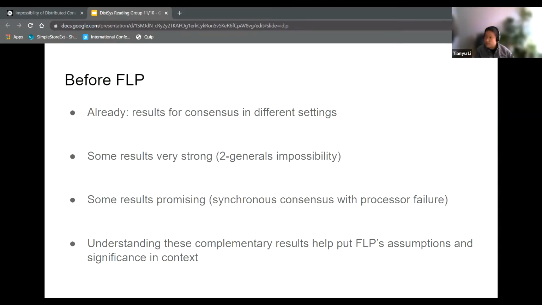I'm just actually going to present two key results that hopefully will set up this result pretty nicely, as they also actually share the same model for the systems. So the two results we're going to talk about are, one, a strong impossibility result, which is the two generals impossibility. And one really promising result, which I think was discussed on Slack earlier as well, which is synchronous consensus in the face of processor failures. And the hope is that understanding these complementary results really helps put FLP's assumptions and significance